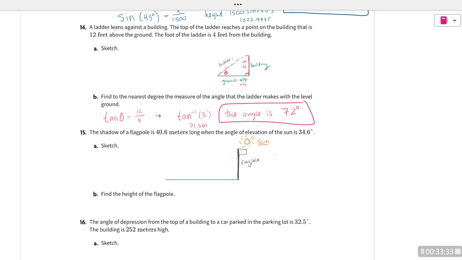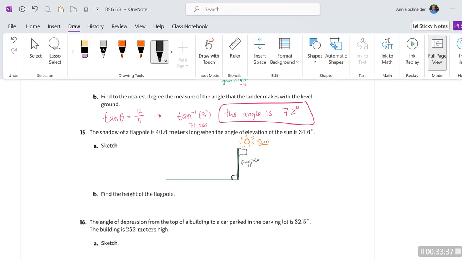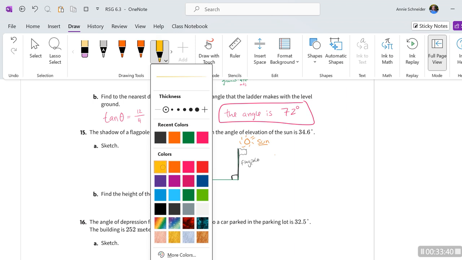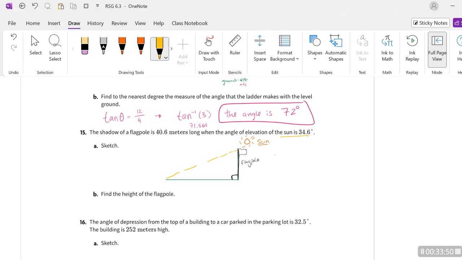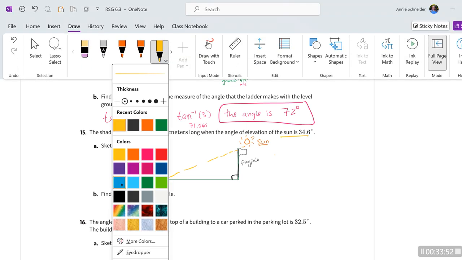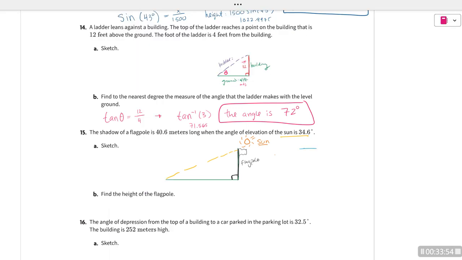Flagpole. So we're assuming the flagpole is structurally sound. So we're going to create a right angle there. And then the sun is creating this kind of invisible path here, and it says the angle of elevation to the sun. So it means we're elevating, we're looking upward. So from some flat surface, we're going to go upward, elevation. So that's this angle down here,